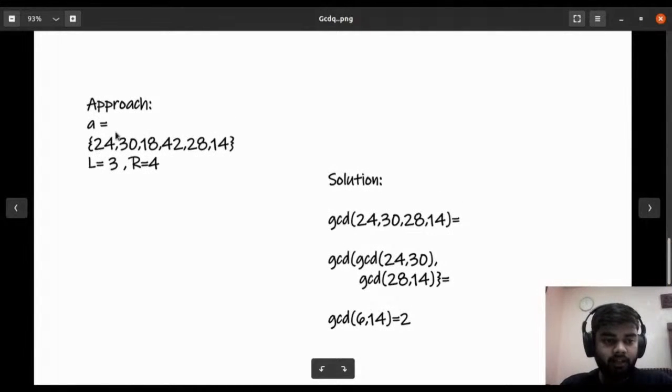Let's take an example. We have taken an array 24, 30, 18, 42, 28 and 14, and let's take L equals 3 and R equals 4. So according to the problem, we have to find the GCD of 24, 30, 28 and 14. This can be broken down as GCD of 24, 30, GCD of 28, 14, and taking the GCD of